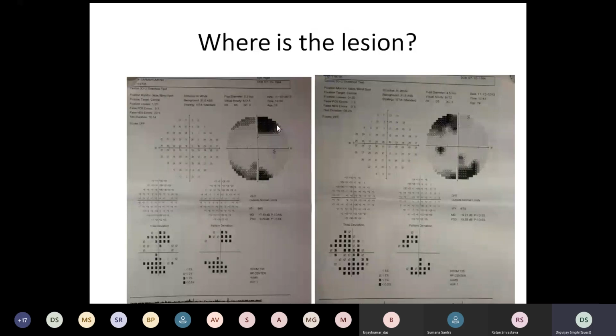Let's quickly come to the field defect. On the right side, you can see the superior temporal area is showing a field defect. On the left side, it is the superior temporal again. So temporal, this is a heteronymous kind of field defect. In the bottom, you can see that there is a field defect in both, but it doesn't settle anywhere. It crosses the vertical meridian. Yes, it's not homonymous either. So it's a little odd, difficult one to guess.